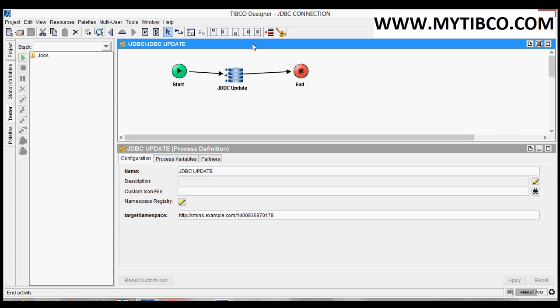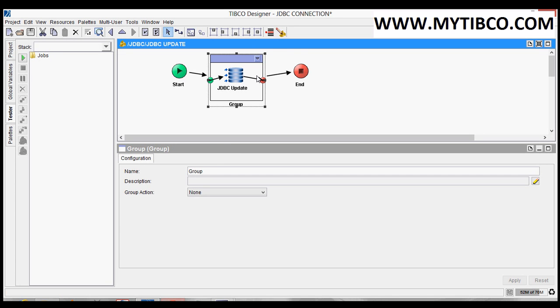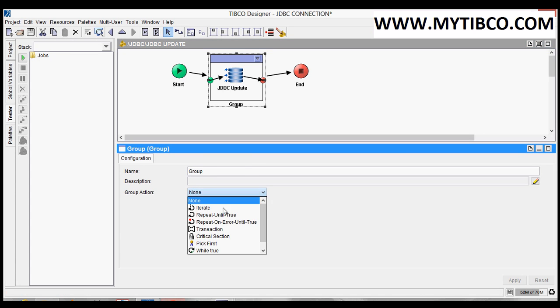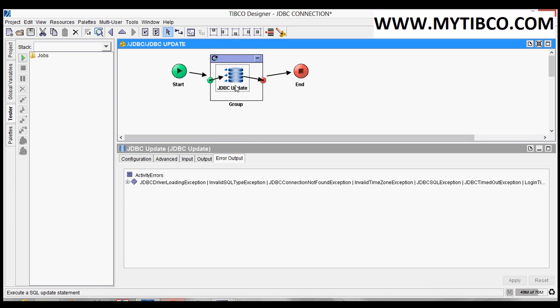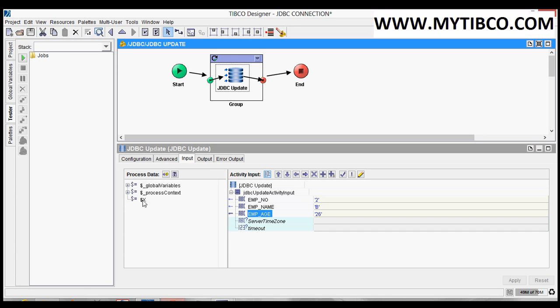Now I want to insert 10 records using this JDBC update. I am grouping this activity using a group. I am iterating 10 times, so I am using while true. I am giving index value x, and the condition here is $x less than or equal to 10. Click on apply. Now I am giving the input values. Employee number is this, replacing the existing formula, and I am giving the same name and the same age for all employees.